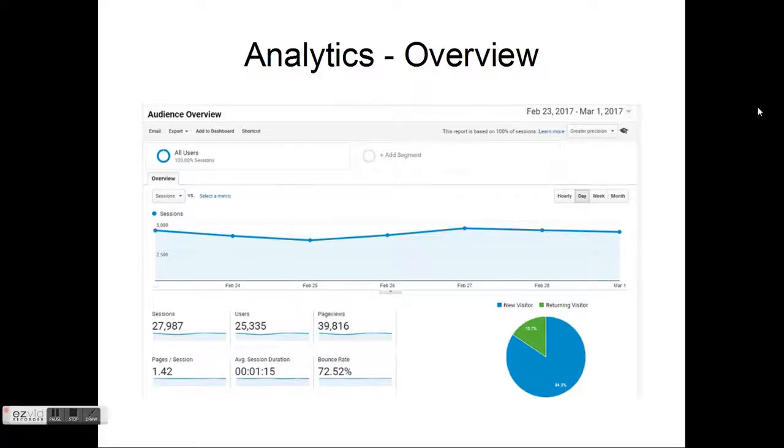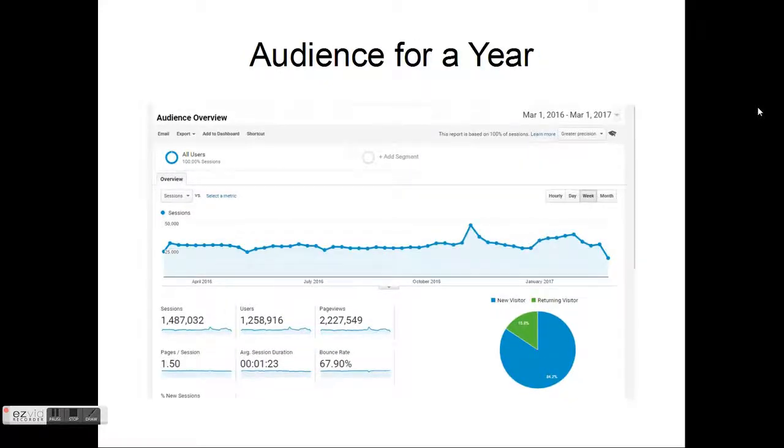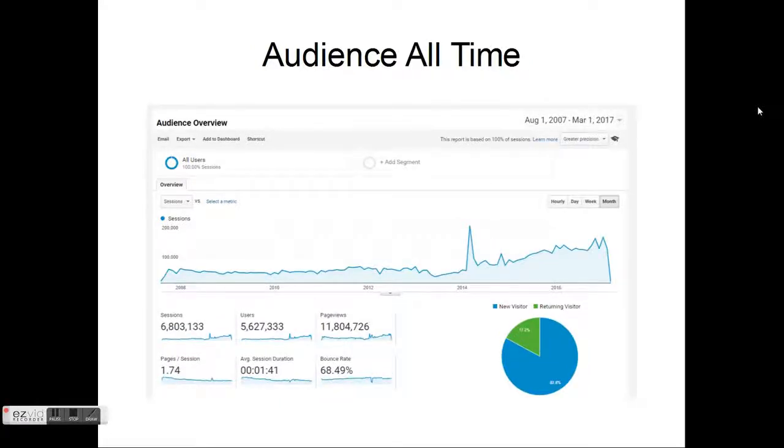All right, here we are on analytics. This is a week's traffic in the life of this particular website. Here is traffic for a year, this time set up by weeks, and then this is all-time traffic by month. So you can see